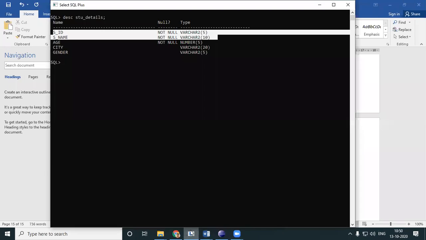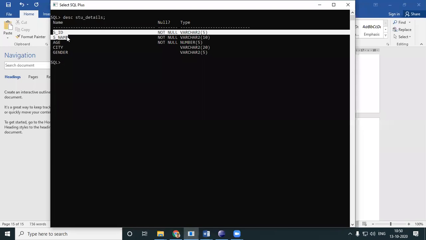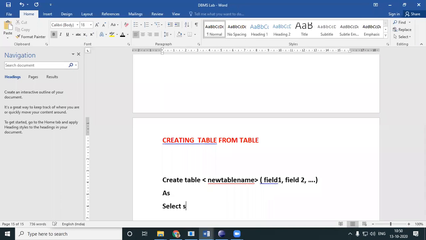You are creating a new table, and then you are selecting only a few things over here. As select field 1, field 2, etc.